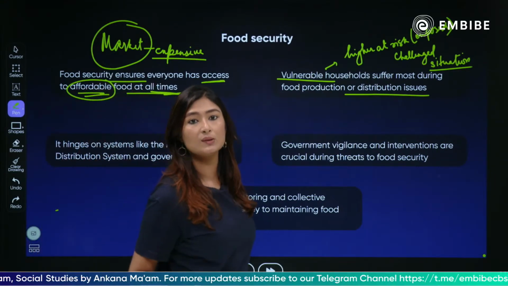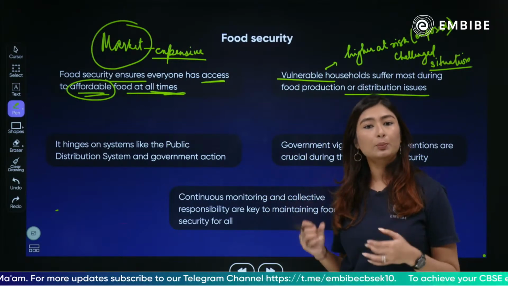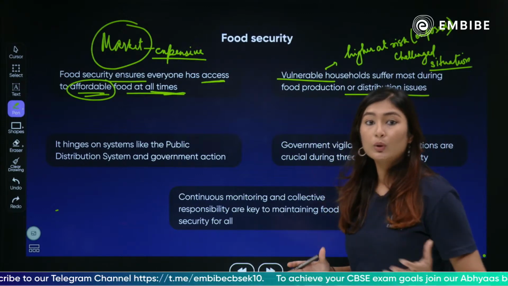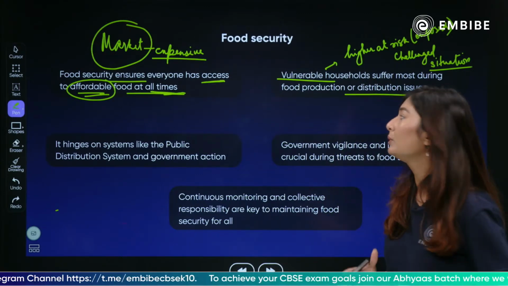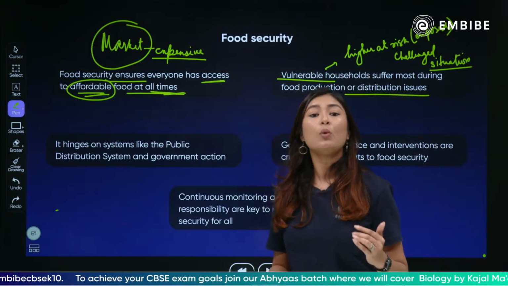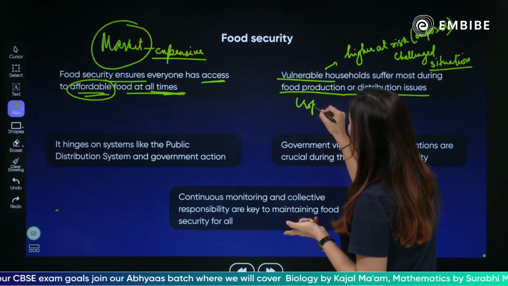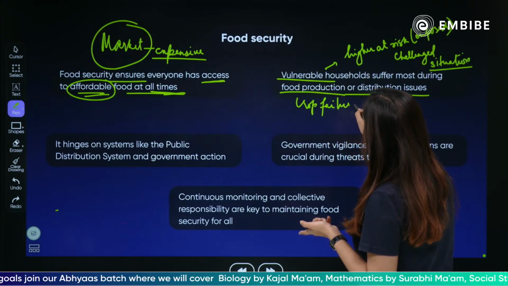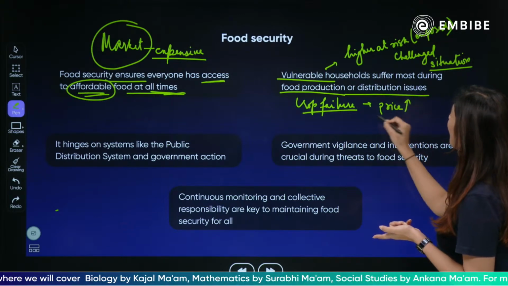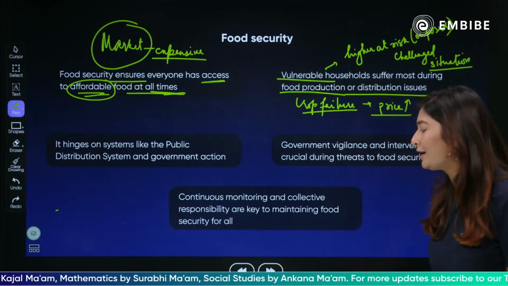So there are a lot of households. कई सारे ऐसे घर बार हैं, कई सारे ऐसे परिवार हैं. A lot of people who are poor, who do not have the money. For them, it is always a challenge to get food and get food at time of good quality in affordable prices, right? With them, the problem grows even more when there is a problem with food production. For example, मान लो crop failure happens. If crop failure happens, in this case, what will happen? The prices of the crop will increase tremendously. बहुत ज़्यादा price जो है भाग जाएगा, एकदम से महंगी हो जाएंगी चीज़ें. For example, onion, lemon.